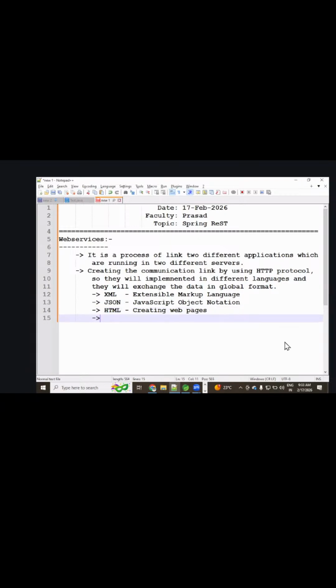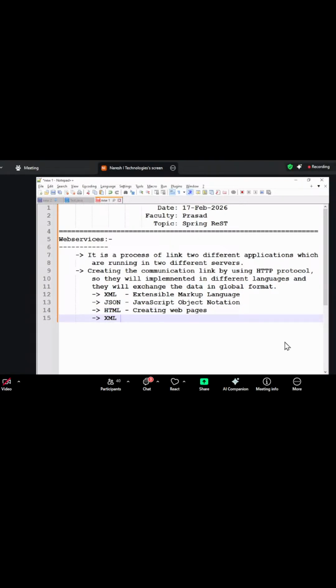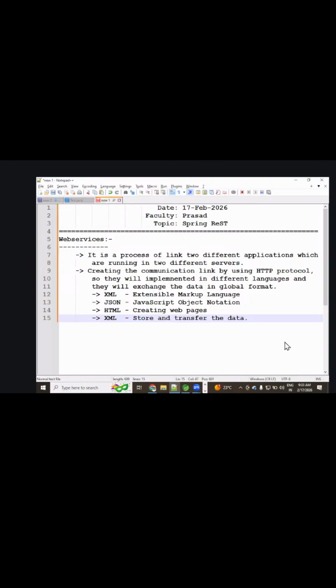But what about XML? The XML purpose is storing the data and transferring the data. That is what we are going to do.